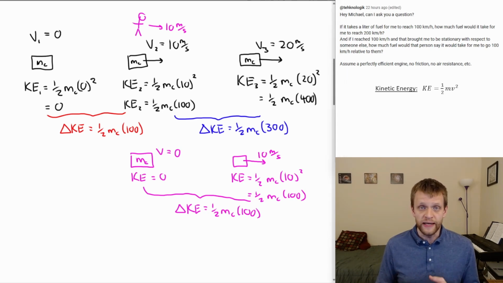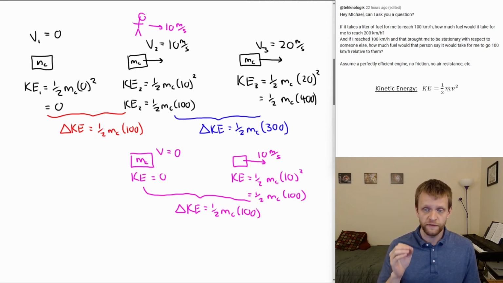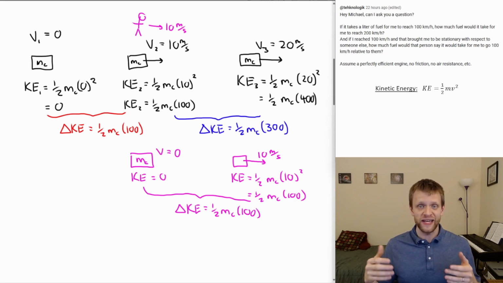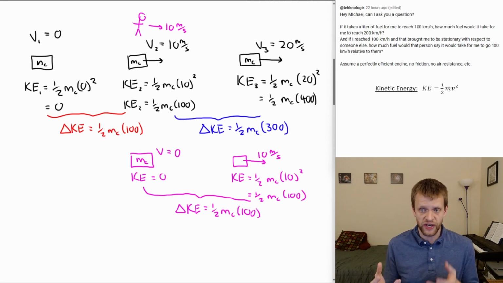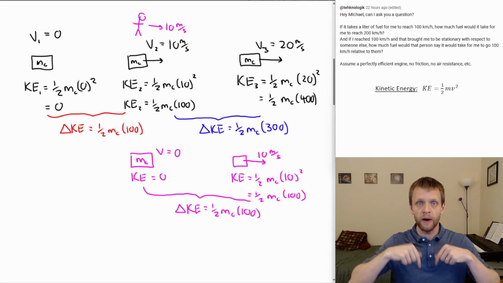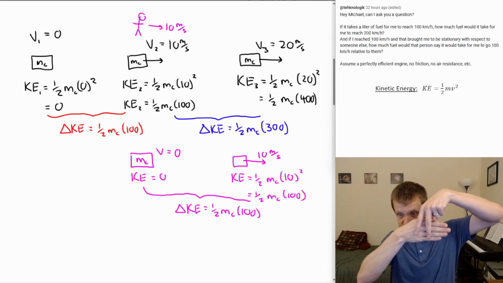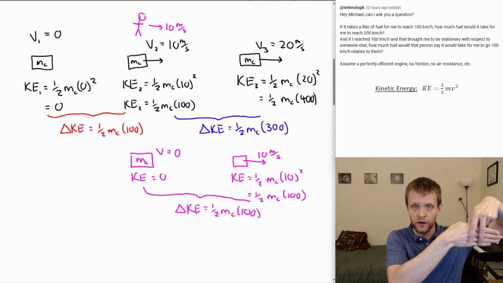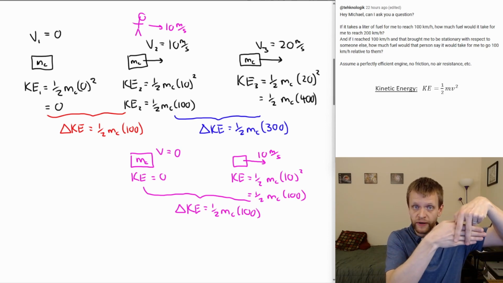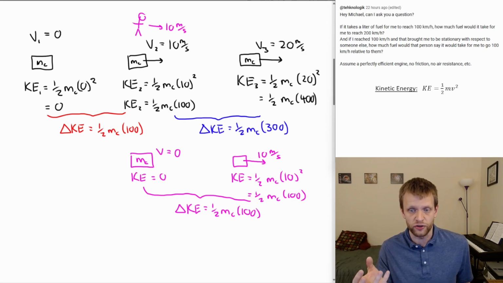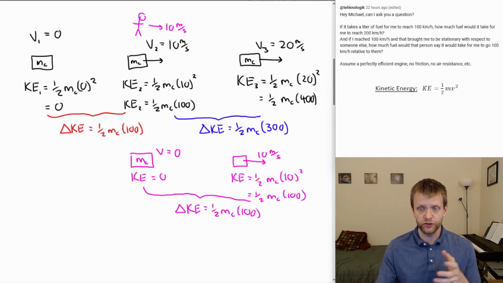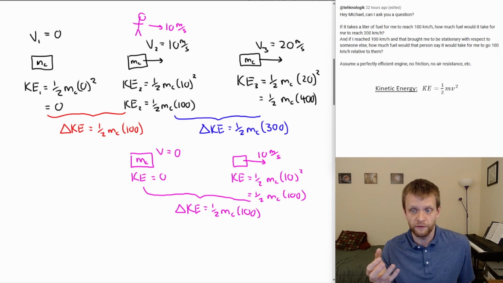So first off, it's important to recognize that the kinetic energy of an object does depend on what frame of reference is being used. If I'm standing on the side of a road and see a car drive past, it's moving relative to me, and I would say that it has kinetic energy in my reference frame. If I was inside the car, moving along with the car, then that car, in my moving reference frame, wouldn't be moving relative to me. So in that reference frame, I would be able to say the car has no kinetic energy. So yes, the kinetic energy of an object does depend on the frame of reference.